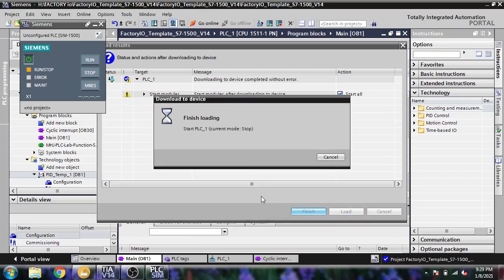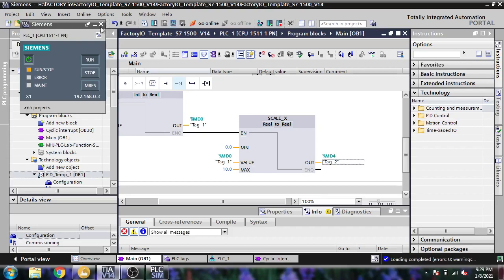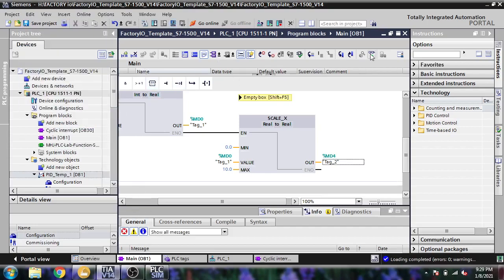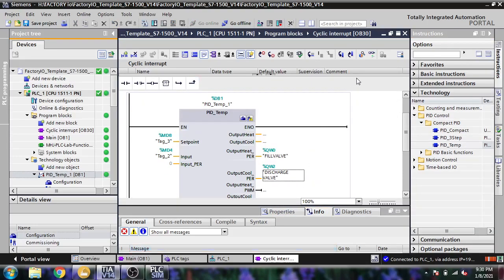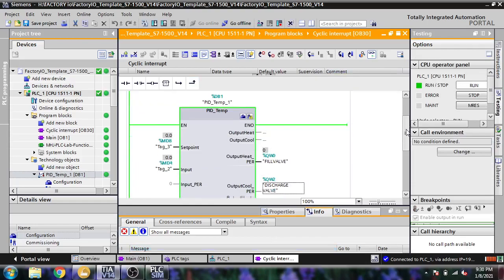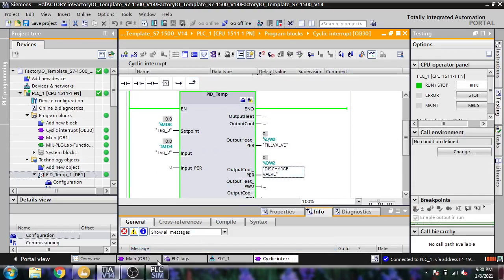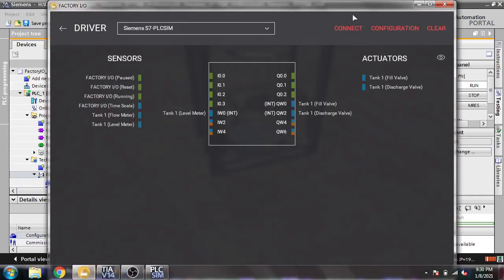Now I think my program has loaded and it will now start. So I'm going to go to online mode. Again online mode. That's it. Now I'm going to connect my PLCSIM with Factory IO.